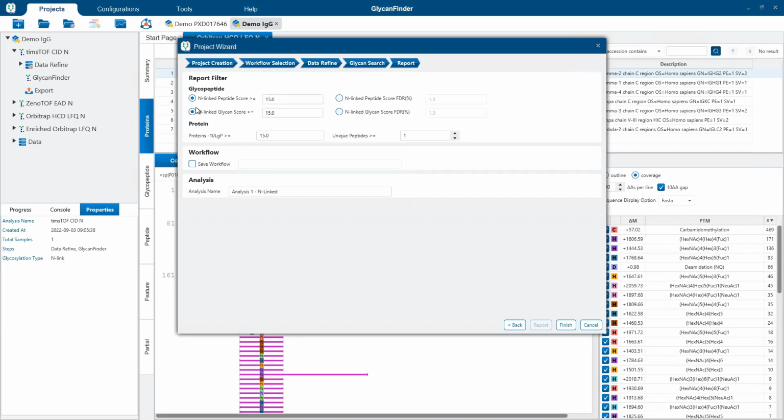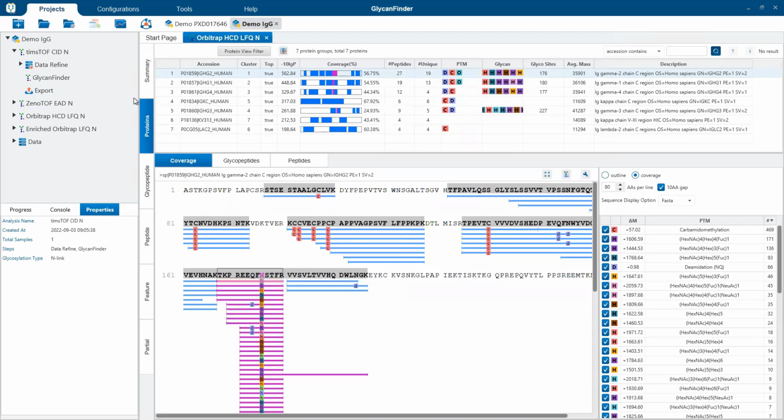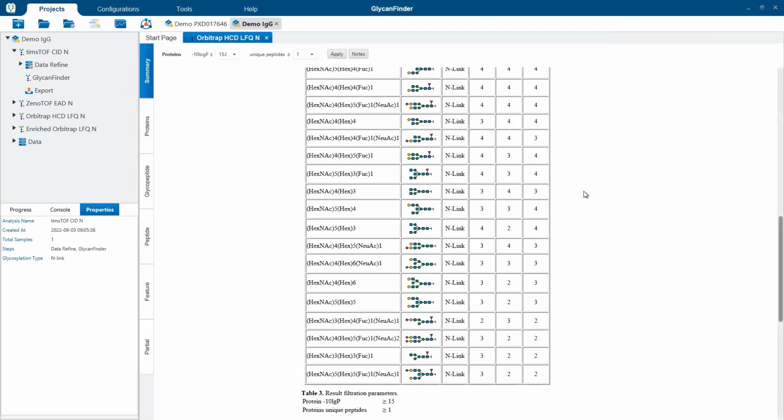So basically, this is just an ion score, meaning that it's just the log transformed sum of the intensity of the fragment ions that are actually matched to our glycopeptide. So it's basically just the amount of actual fragment ions that match to our expected sequence. In this case, we want to use the FDR, then click finish. It'll run your results. So once you get your results, this is what they'll look like here.